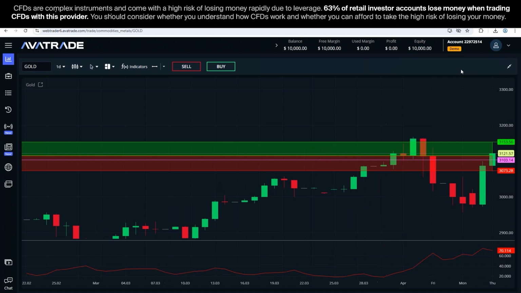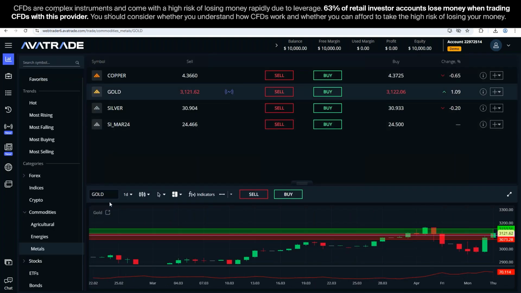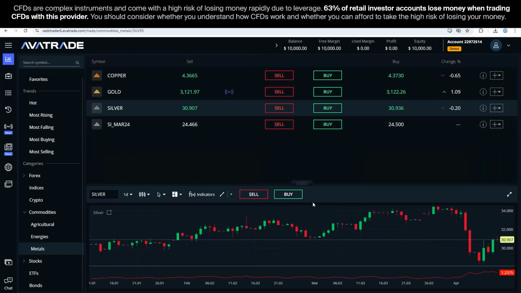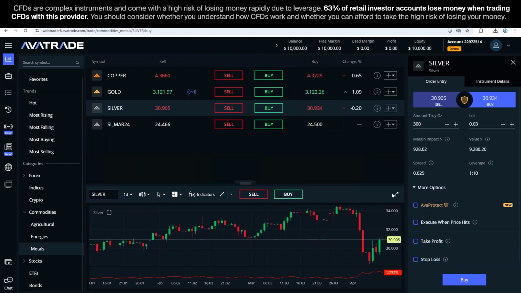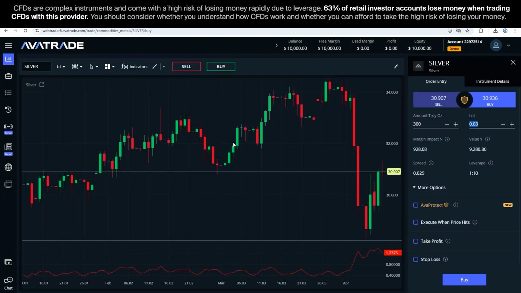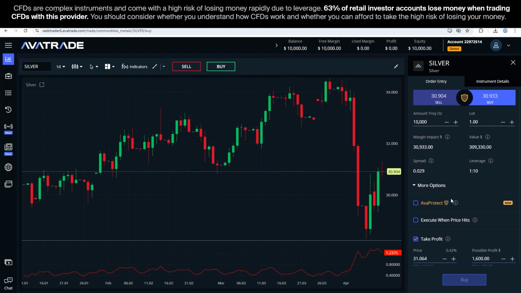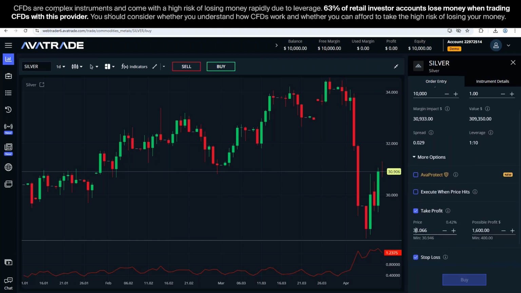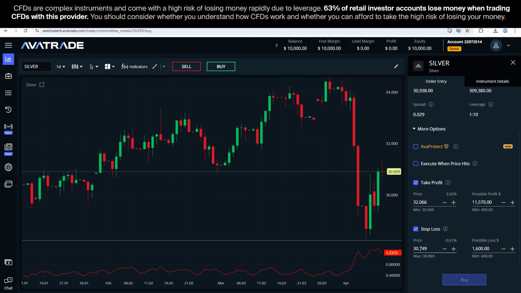What if this would have been another instrument with a different lot size? Well, let's take silver. And with silver, we'll click on buy. And with silver, we'll also place here 1 lot. And then we see that with 1 lot, we have 10,000 units. What does that mean? It means that with silver, with 1 lot, every dollar on the chart will benefit,